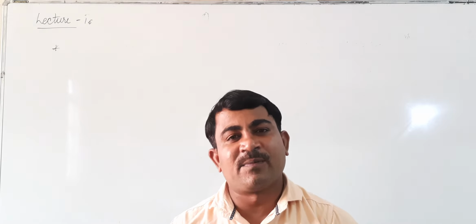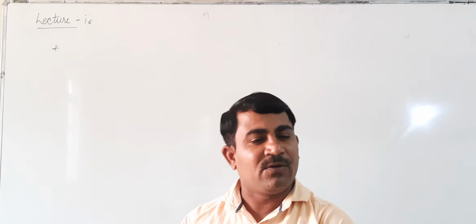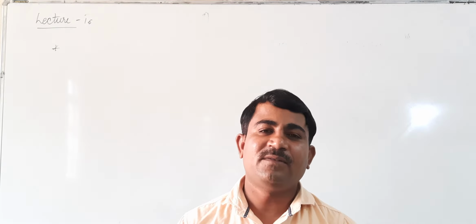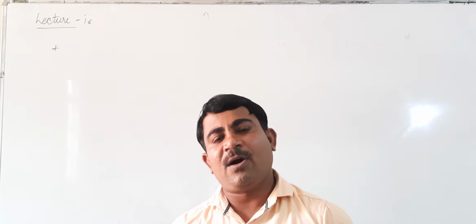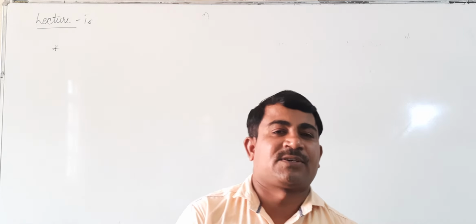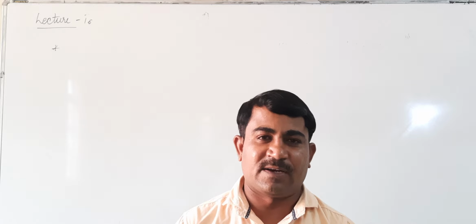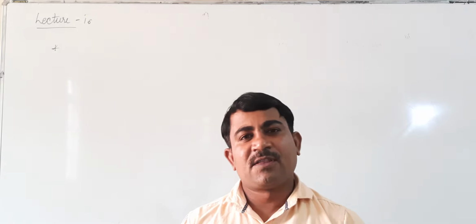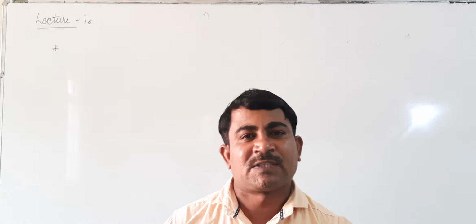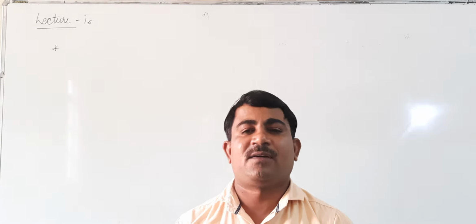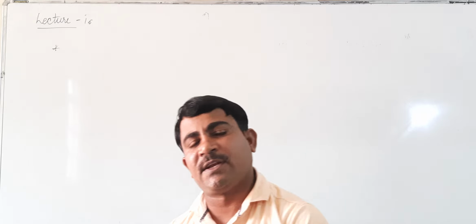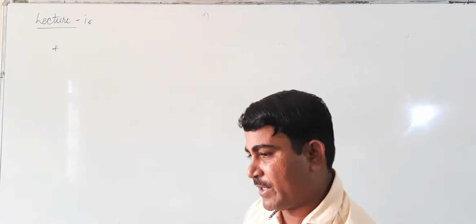The magnitude of centripetal acceleration can be given as a is equal to v square divided by r, right? And the direction of the centripetal acceleration is always acting towards the center of the circle. The relation between linear speed and angular speed is v is equal to r into omega. On these two concepts today we will see the numericals. Let us go to numerical number 1. Very simple numerical we will see.